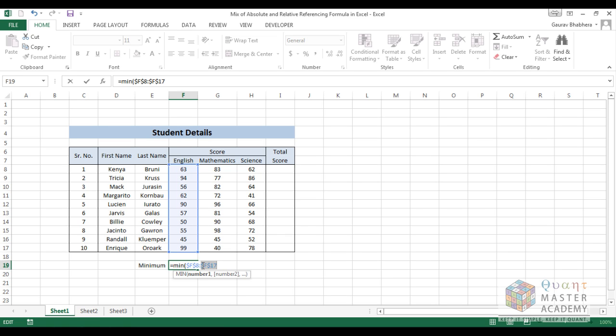Now if we want to fix the row reference and change the column reference relatively, that is, if we copy this formula into the same column anywhere in column F, then the row reference should always be from 8 to 17. But if we copy this formula anywhere other than column F, then the column letter should change relatively. So to do that, we want to fix the row reference. So we remove the $ sign ahead of the column reference,